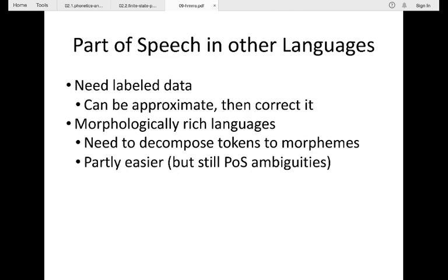So what if you're doing this in other languages? Well, it can be done. It's done all the time. You need lots of labeled data. And that's one thing that is an obstacle to building part-of-speech taggers for other languages, is that there's